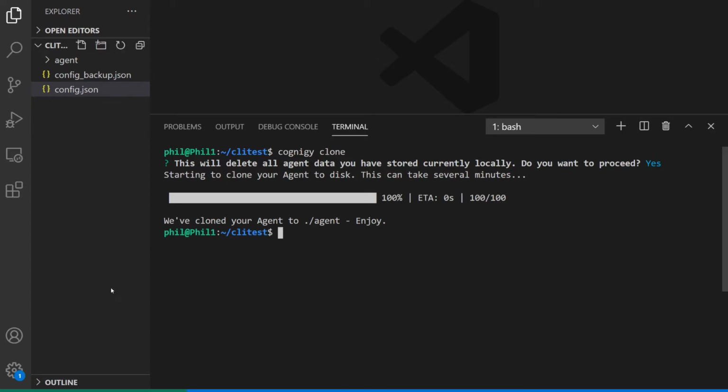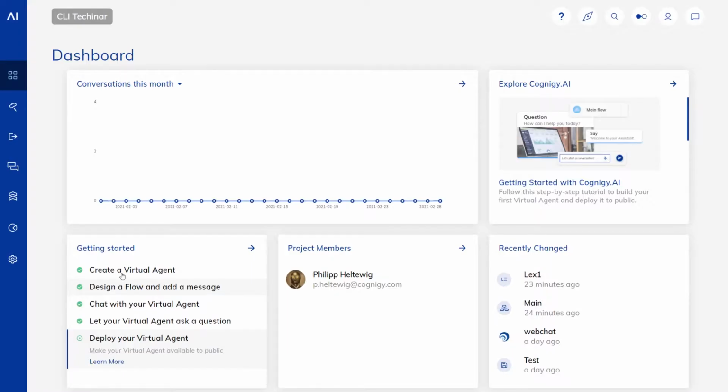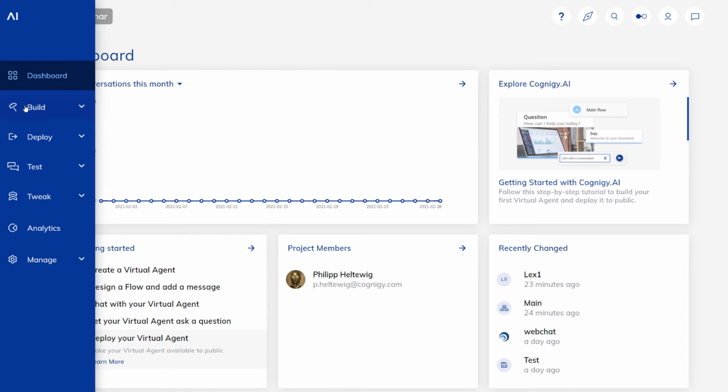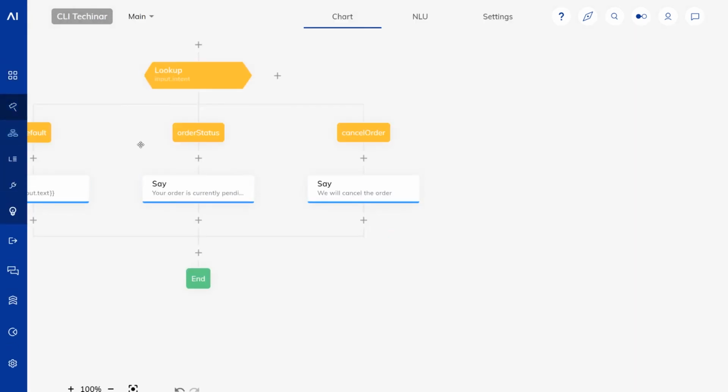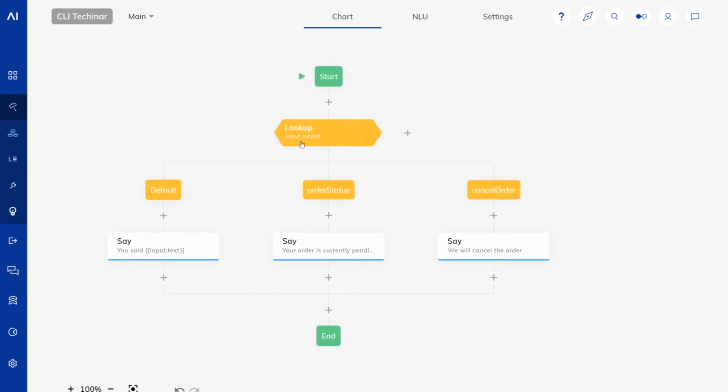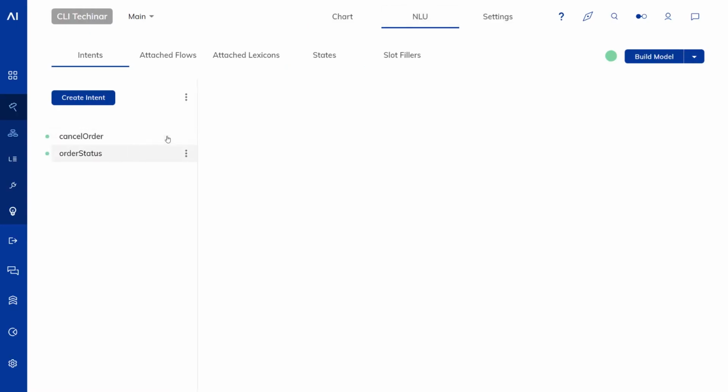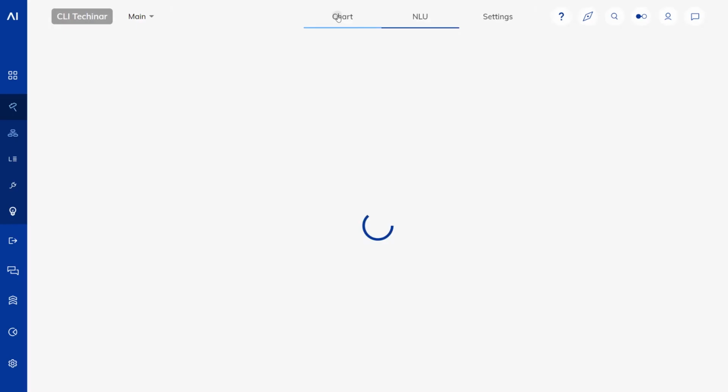But before we look at the agent here, we're actually going to quickly look at it on the Cognigy installation. This is the agent we're using. And this agent has a number of resources. It has one flow. This flow has a number of nodes. It has a lookup node, some cases, 3 say nodes. It has 2 intents, cancel order and order status.